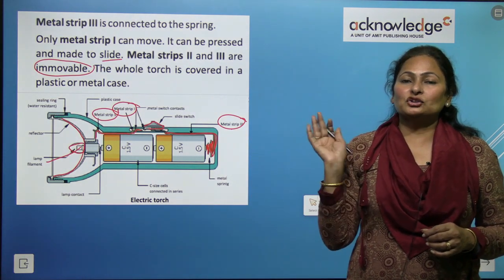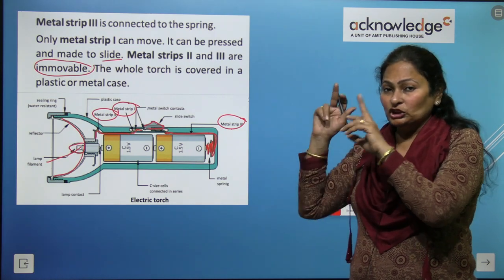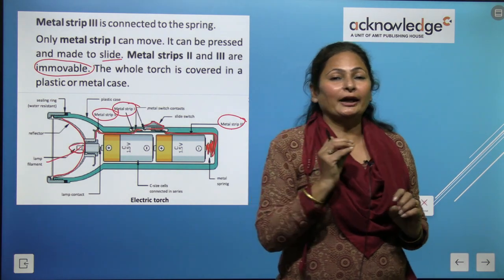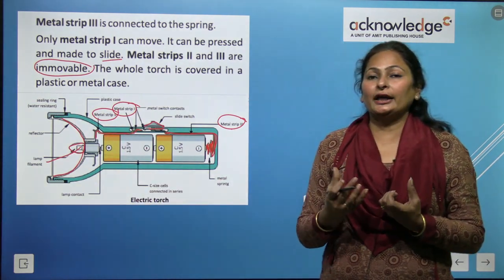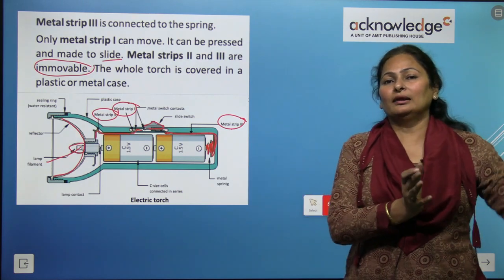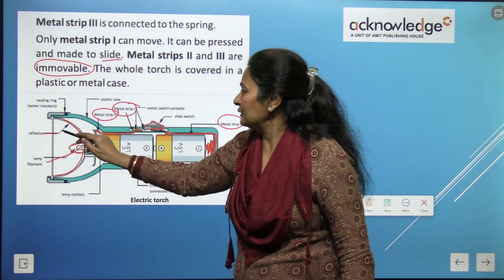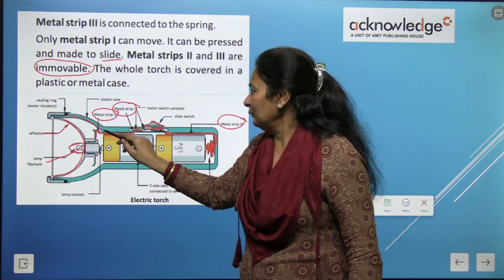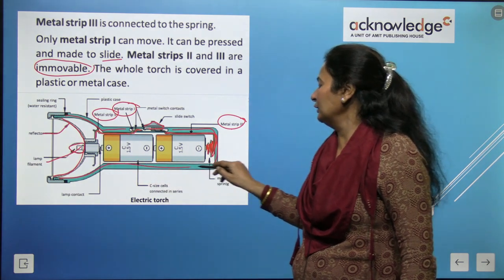Reflection means this shiny surface, as we have seen in the mirror case. It is a shiny and polished surface. So this reflector is also a shiny and polished surface. It throws back all the light to the medium only, right? So this is the reflector and this is the outer body, the bluish part, which is the outer body of the torch,